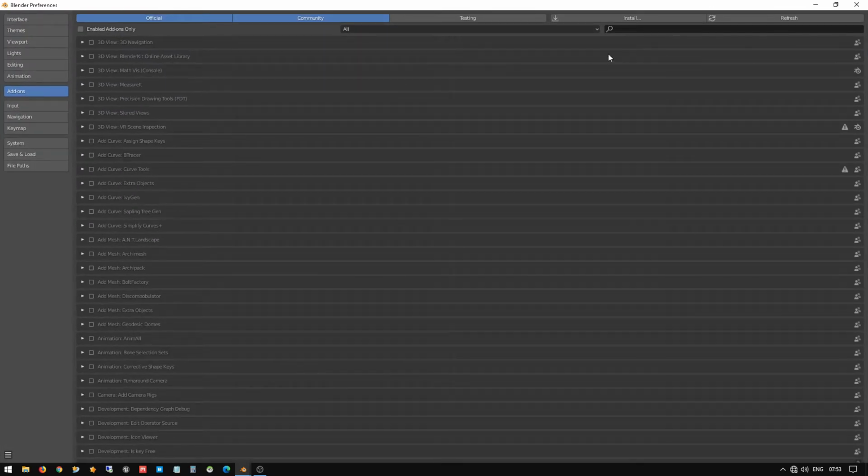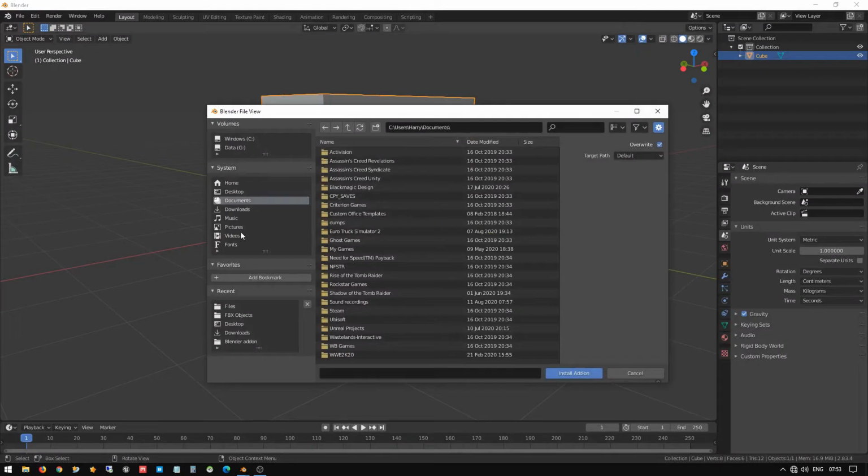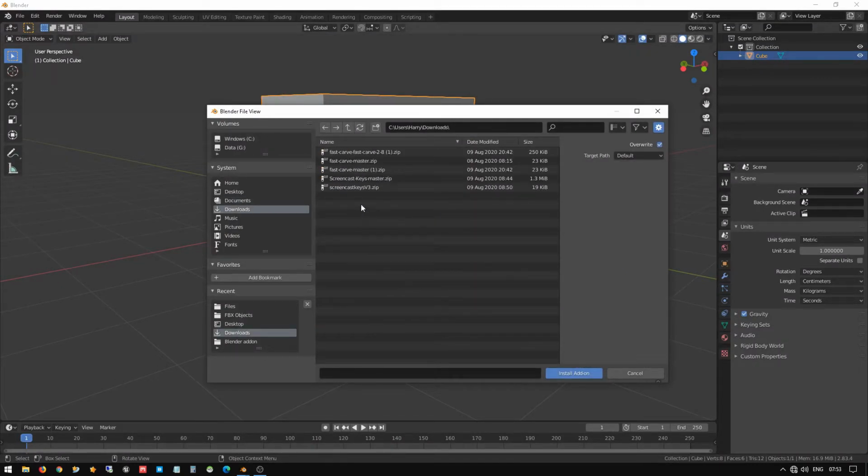You can install the add-on by pressing the Install button. I have downloaded it. Here you can see Fast Curve 2.8. I give this link in the description to download the file. Click Install add-on. I have added it already.